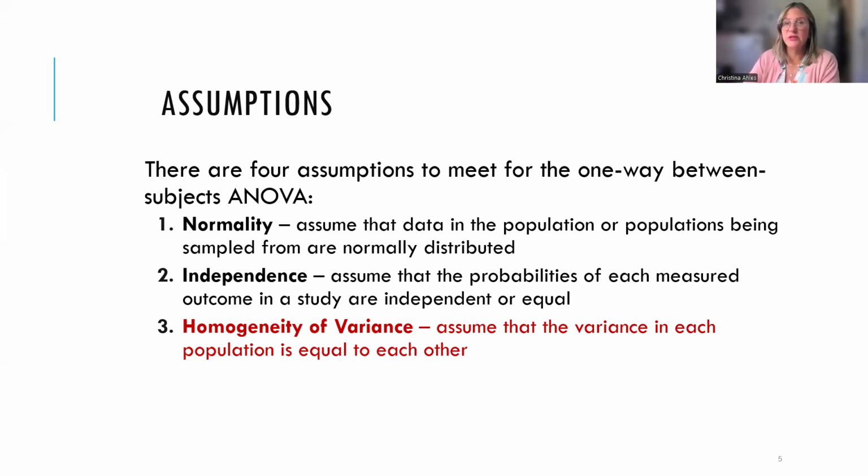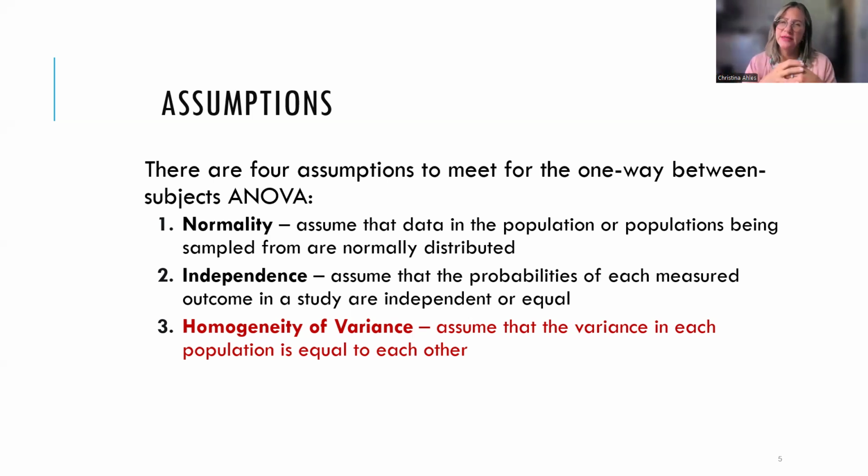Independence of observations. So the probabilities of each outcome in the study are independent of one another, or they have equal weight. So no one person is impacting the outcome of another person, and no one person has a score that is weighted heavier than the others. So they're independent observations. And then homogeneity of variance, just like with the independent t-tests,